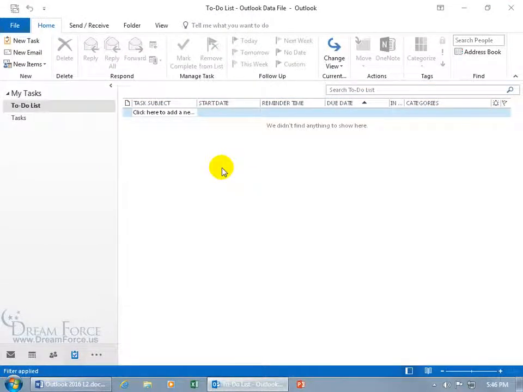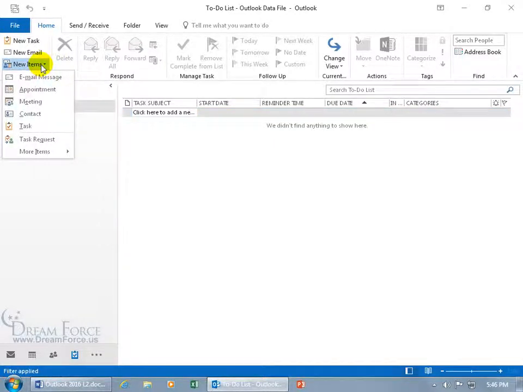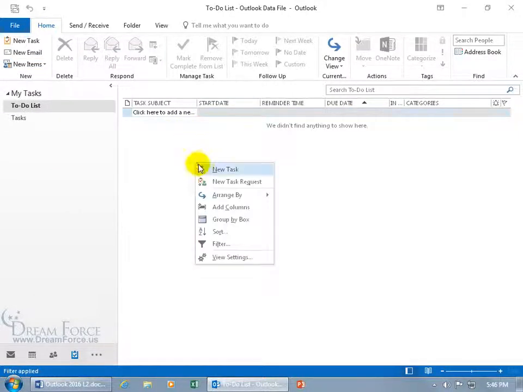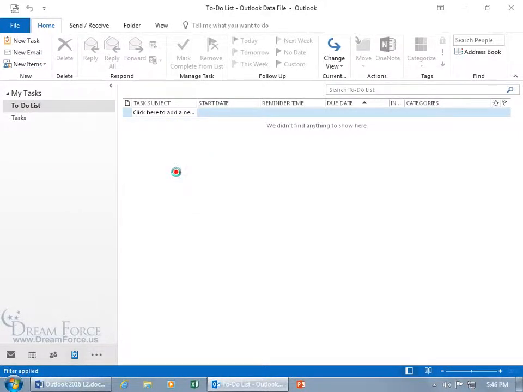If you're in another folder and you don't want to leave that folder to create a new task, then in that folder, like the contact folder or the calendar, come up here on the Home tab to the New group, click on New Items, the drop-down arrow, and there you go. You can create a task there. Click off. You can also right-click in a blank area, there's New Task, or double-click in the blank area, there's a new task,